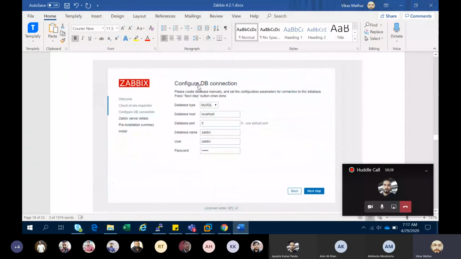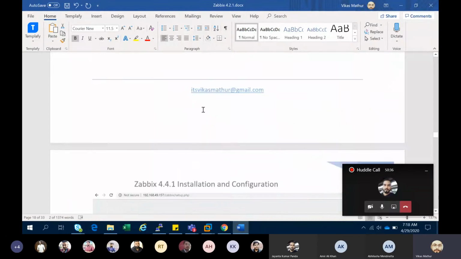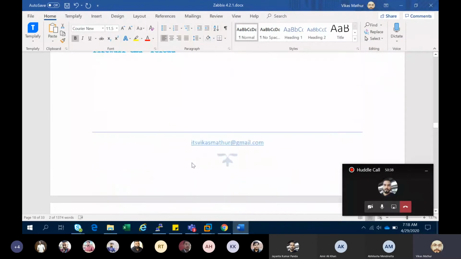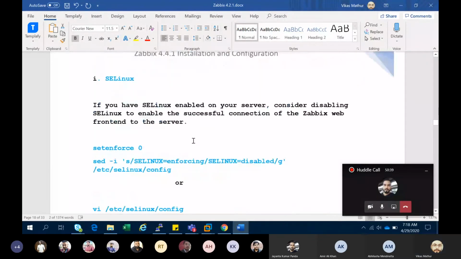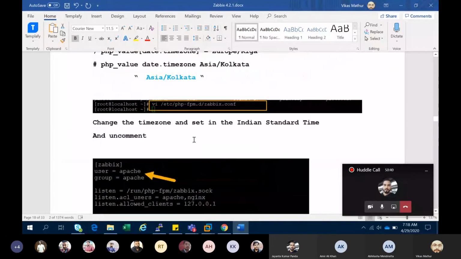So my configuration for database is MySQL. I'm just using my username and password, that is the previous one. I'm just choosing options over here.